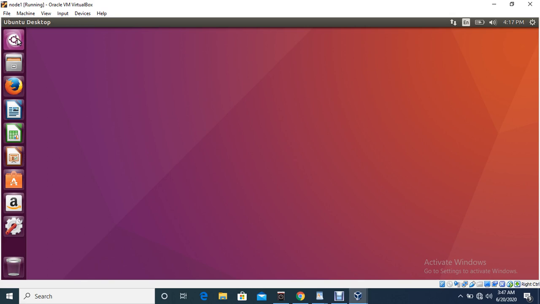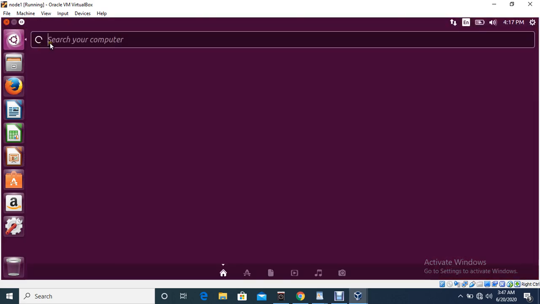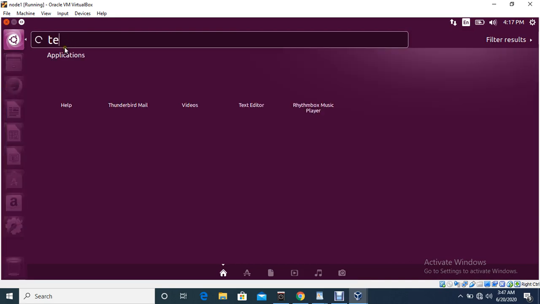If you want to go to the terminal, you can type here terminal. You can see here terminal it's showing. You can click here.